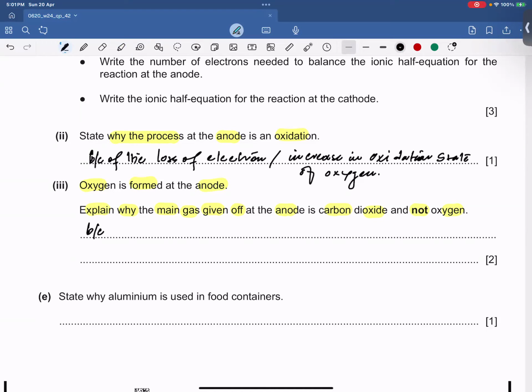Because oxygen given off at anode reacts with carbon,